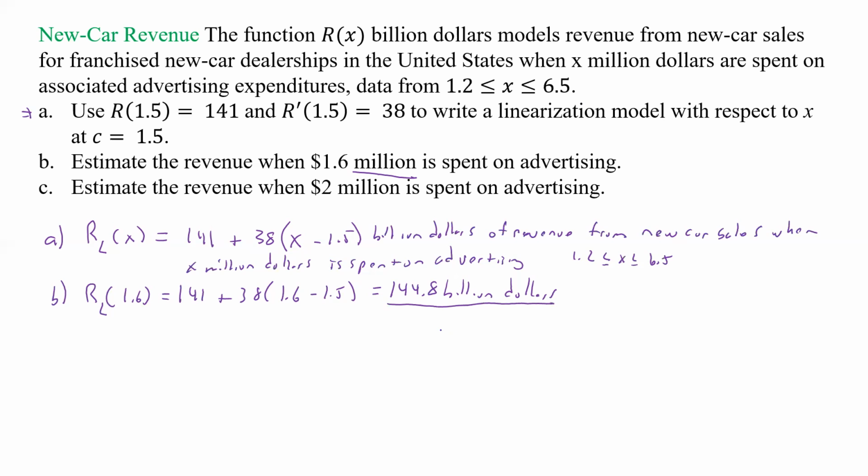We got 144.8 billion dollars. Now C says now do R_L(2). Well, that's 141 plus 38 times, well, I'm trying to read here, 2.0 minus 1.5. Now we do 141 plus 38 times 0.5, so that's going to be $160 billion. And so that is going to be our estimated revenue when there were $2 million spent on advertising. Okay,